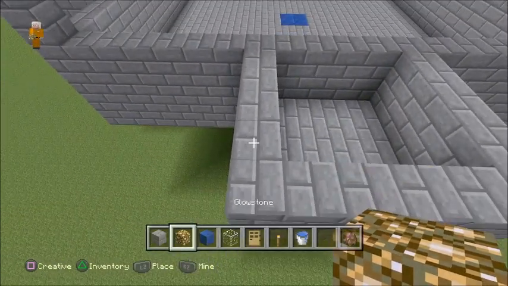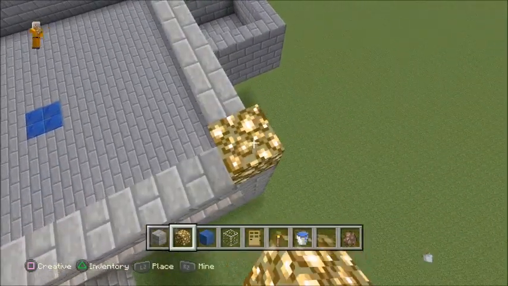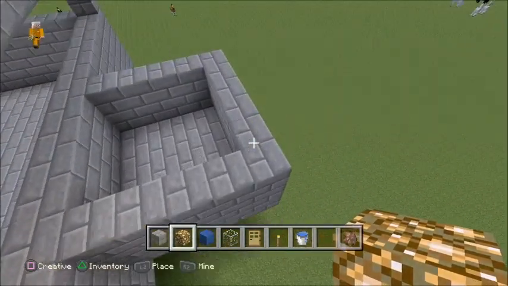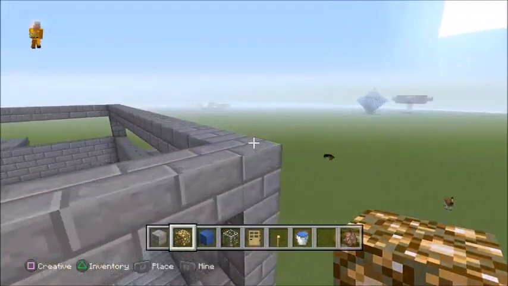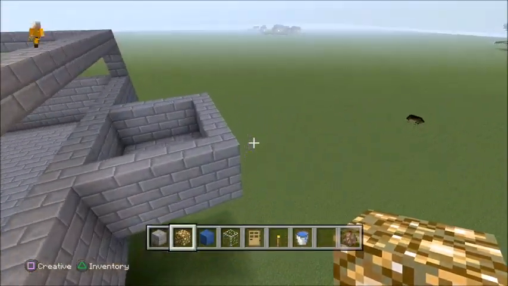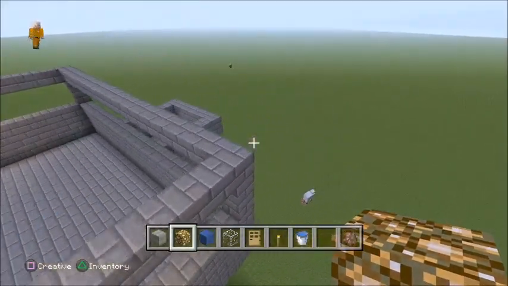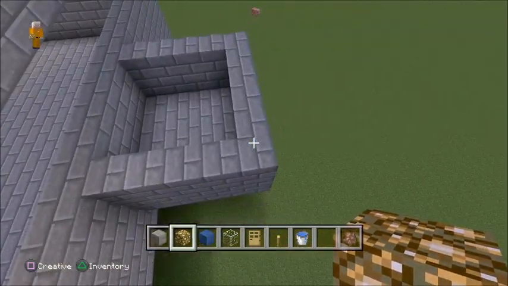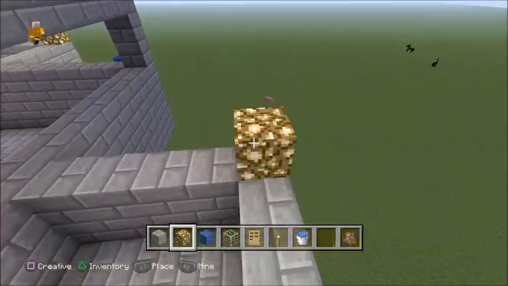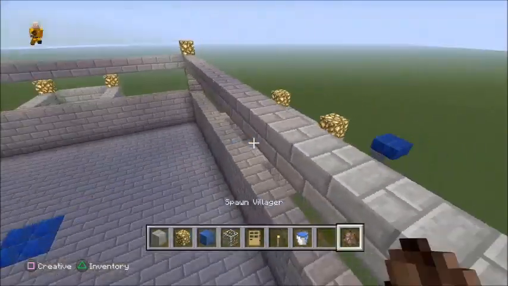I also like to use glowstones. Glowstone the corners. You can use whatever you want to light these things up. You want to make sure this place is well lit. You do not want creepy crawlies spawning everywhere. For sure. Put that there, one there, and then one up here. Alright, I also will add...